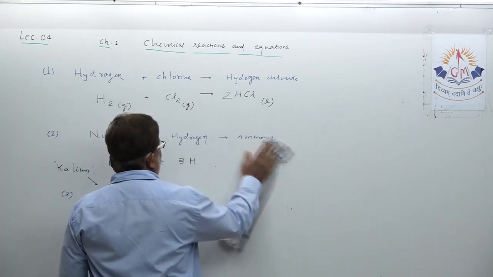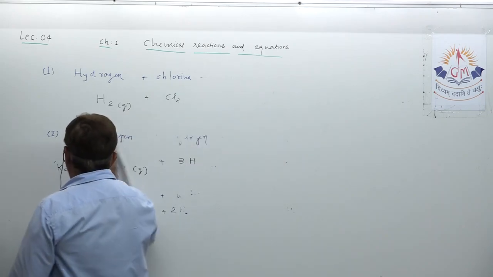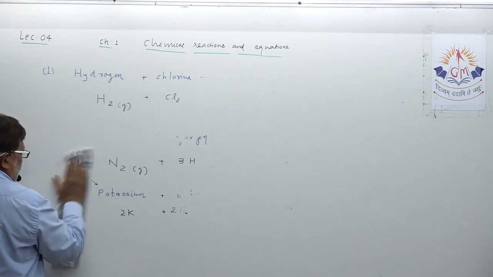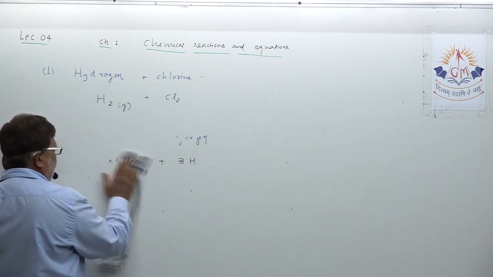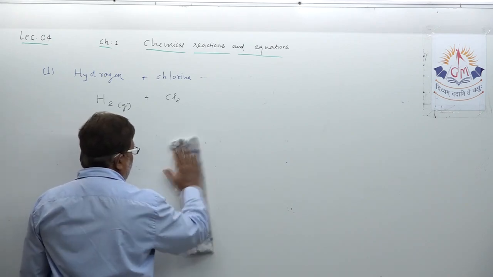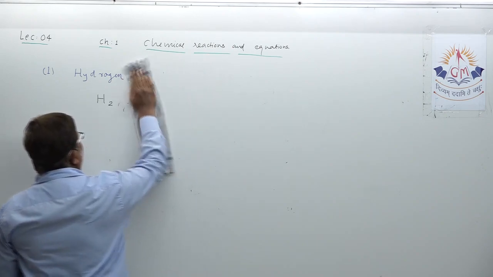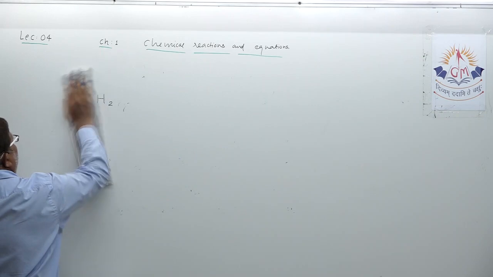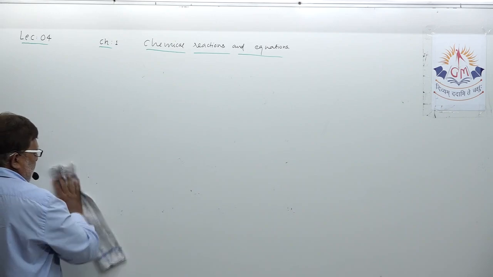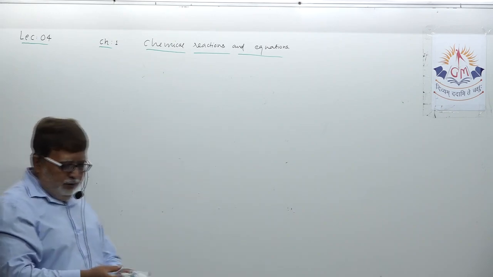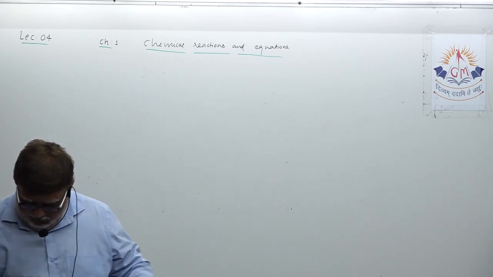Balancing of chemical equations no doubt needs more and more practice on your side. In board or in test, if you are directly given a skeletal equation, then it becomes easy as you do not have to worry about formula and symbol, but otherwise it becomes difficult. Mostly in tests I will never give such a skeletal equation. I will always give you a word equation. Okay, one more, let us write.